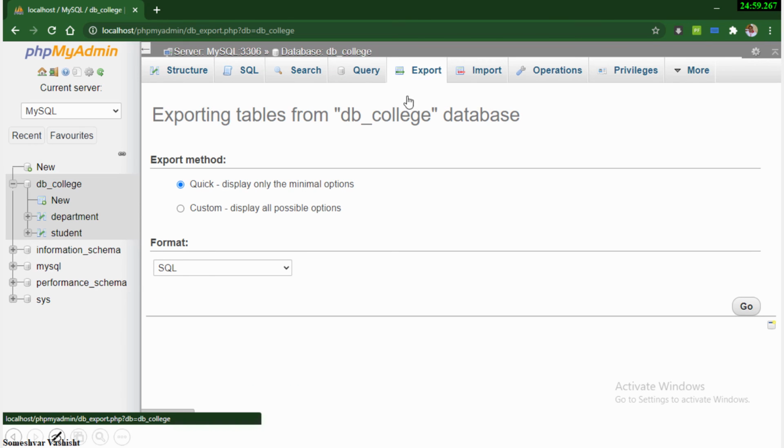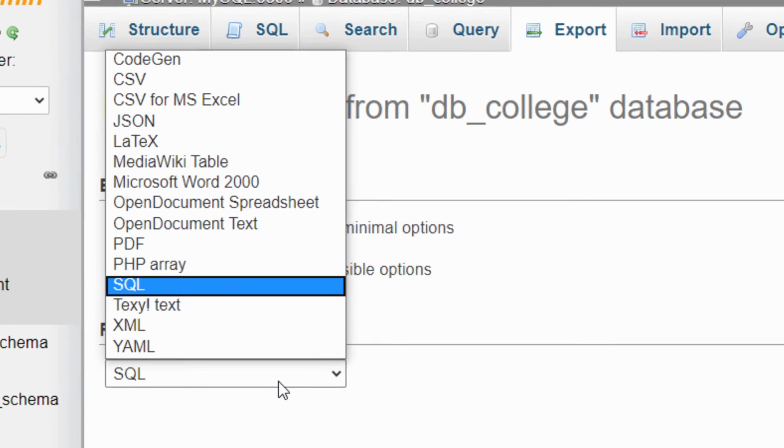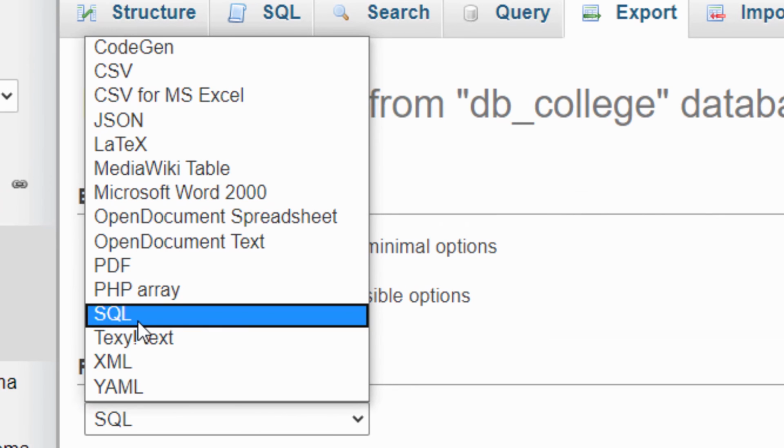and then I can choose. Okay, I'm not going into the details here. I'm using the default settings. For the export method, I'm using the quick method. I can choose the format here. So you can see here I can send this whole database as an SQL query, which will be saved in the